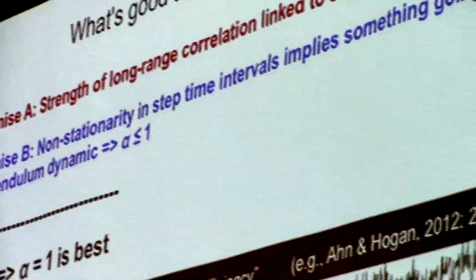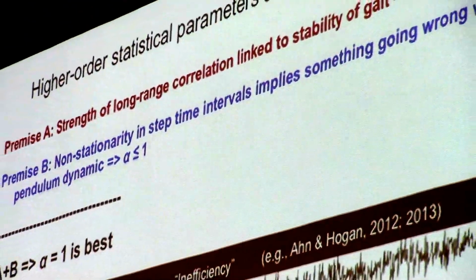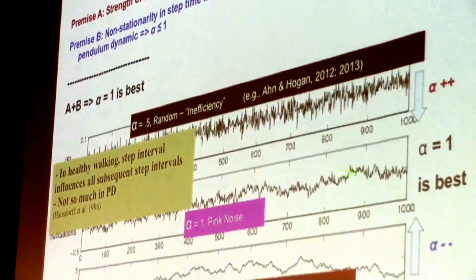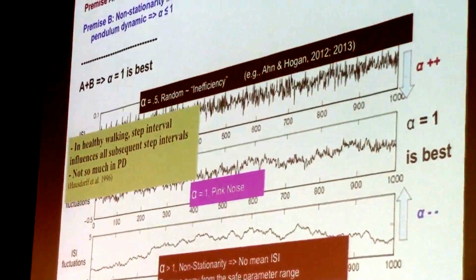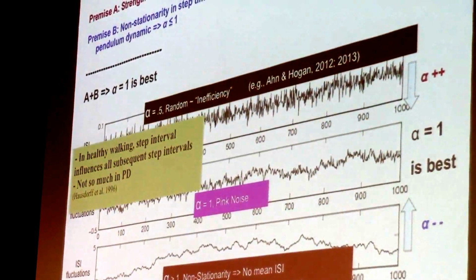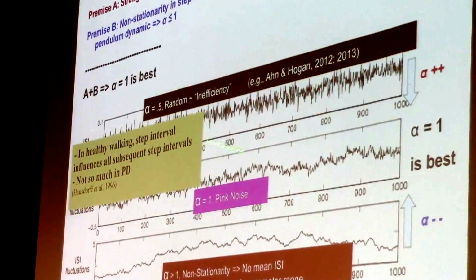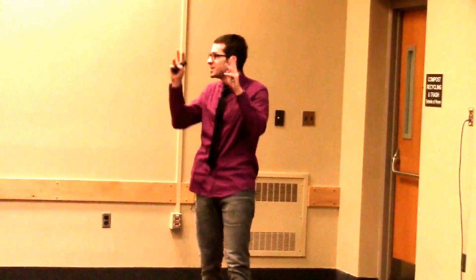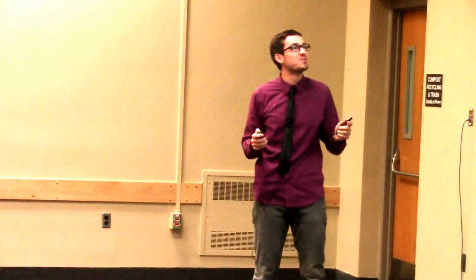And this is related to what we see in patients. So patients are closer to here, and healthy walkers tend to be closer to here. Patients are more white, and healthy are more pink. So what we want to do from here is to make patients more pink as well. Completely going against what Paula just told us, we're just going to strap them into reproducing what we think is the proper pattern, because that's all we could think of so far.